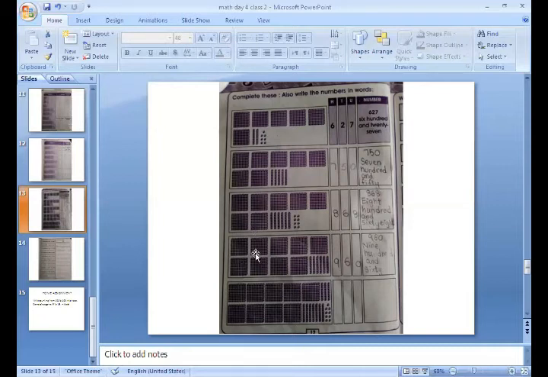Then see in the fourth box. Count how many blocks of hundreds there are. 1, 2, 3, 4, 5, 6, 7, 8, 9. So there are 9 blocks of 100. So what will you write at the hundreds column? 9. Then count how many blocks of tens. These rods show blocks of tens. So 1, 2, 3, 4, 5, 6. There are 6 blocks of tens. So you will write 6 at the tens column.